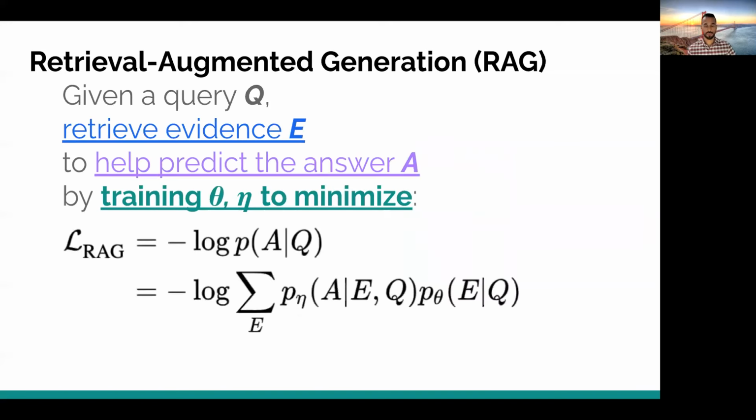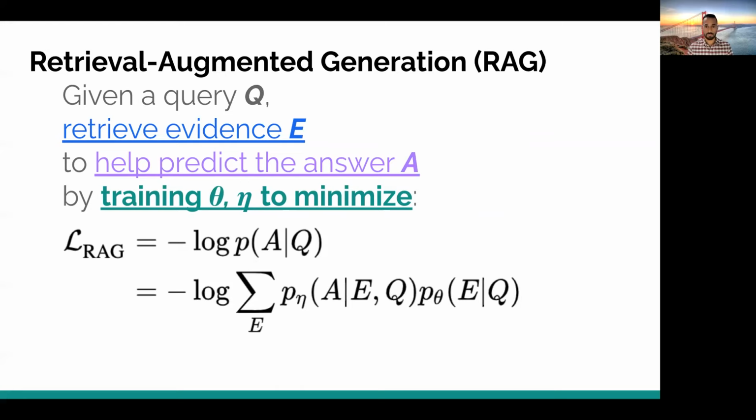So that's basically the issue that we address with Retrieval-Augmented Generation, or RAG. And what we do here is we basically modify the learning objective and train the retriever parameters theta and downstream task model parameters eta to minimize the loss. So we're training both of those models jointly to minimize this loss. And the way this loss works is essentially maximizing the probability of the answer given the query. And it treats the evidence as a latent variable. So it's going to basically try multiple pieces of evidence, see how likely they make the particular answer option, and kind of average over different pieces of evidence to produce a distribution over answers,